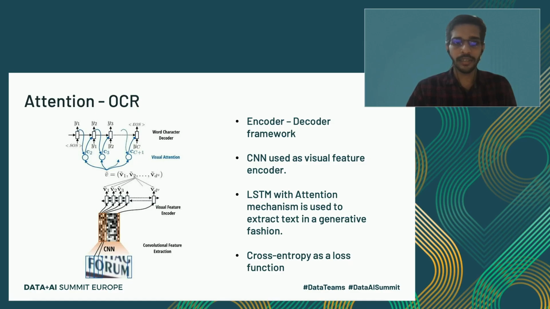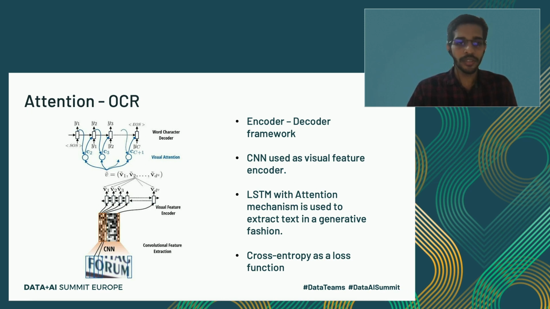So basically, the image is passed to a CNN model, and after that we get the features out of it. These visual features are fed to the LSTM encoder. From the LSTM encoder block, we get hidden states at every time step, and these are used for the attention mechanism. So weights are given to these LSTM hidden units from the encoder block, and finally these attention scores are utilized to focus more on certain parts of the image, and then the decoding is done in the LSTM decoder block.